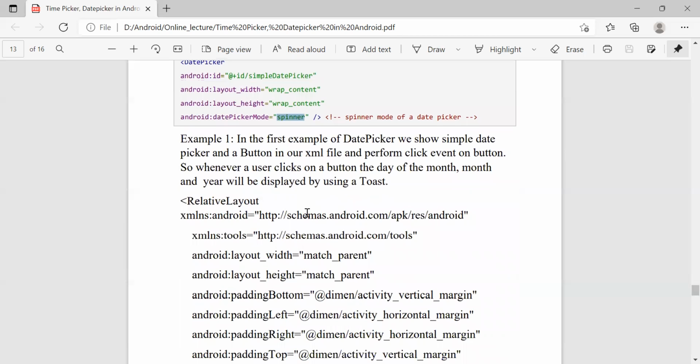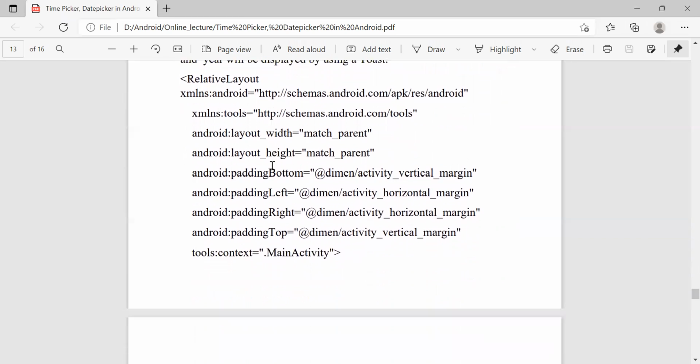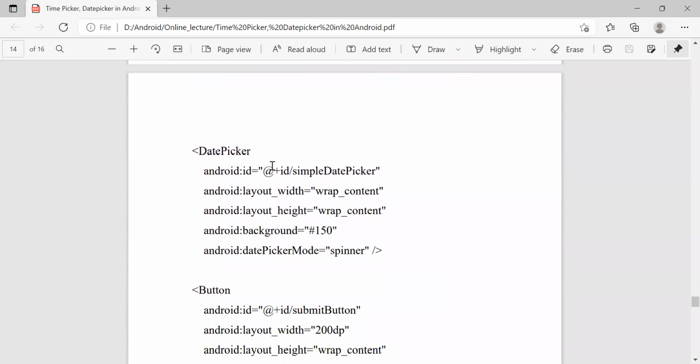Let's see an example. In this example, we show the simple date picker, and whatever date is set will show in a toast. For that, we use only the date picker control.